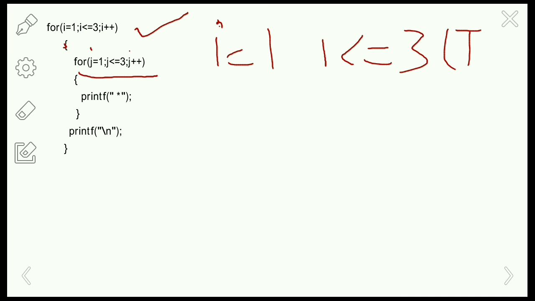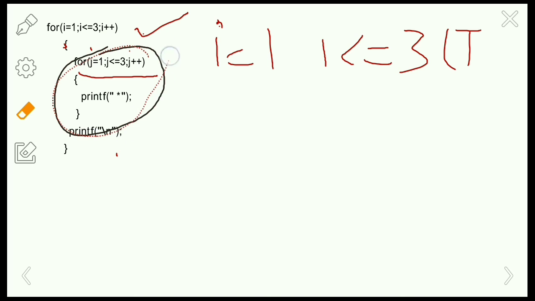So it will go to the inner loop, and it is going to execute this inner loop until the condition for j becomes false. Okay, after that it is going to come out of the loop. In the second line it is going to print the next value, that is i equals 2. So for the first iteration it is going to take like this.